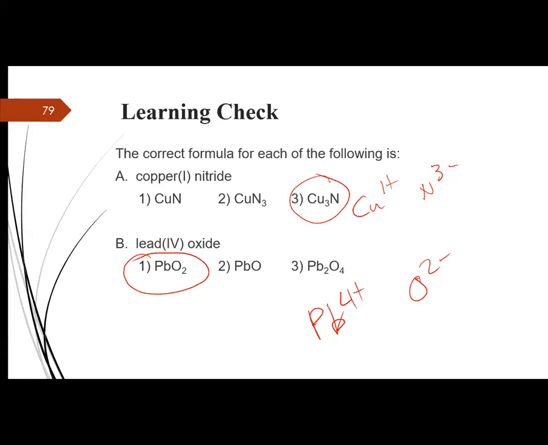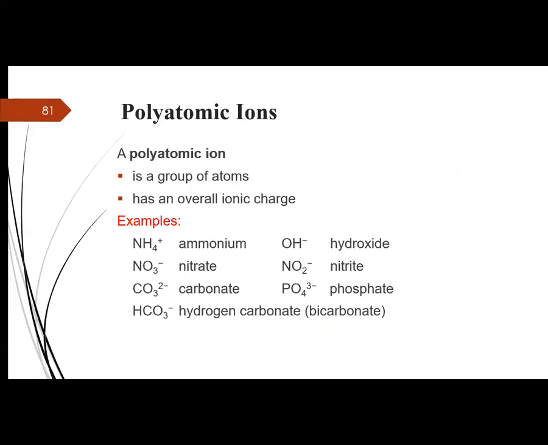Now, polyatomic ions, they're just a group of atoms that have that same overall ionic charge. What's different about them is that they get their own name. So some of our common polyatomic ions are here, but I've also included a list for you inside our equation sheet. So if you pull up our equation sheet,